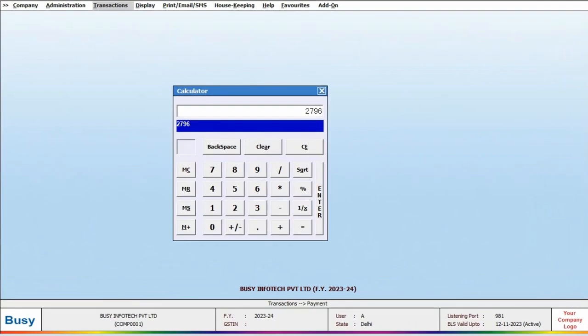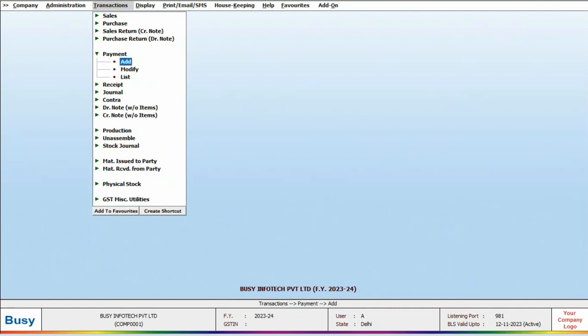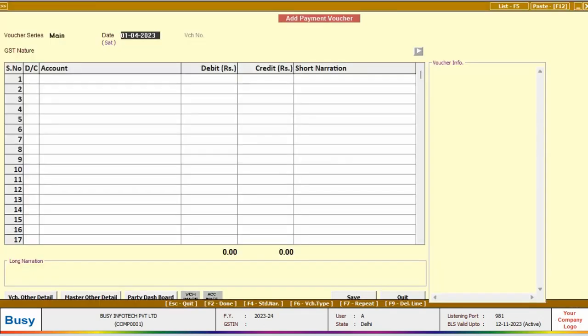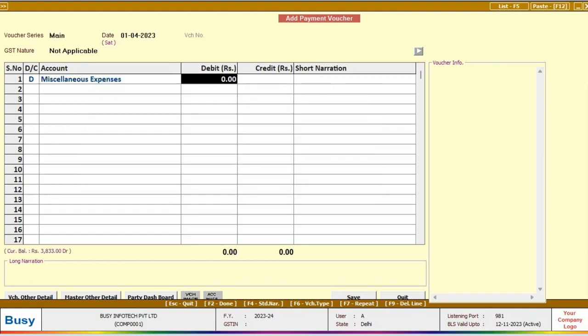But what makes Busy Calculator smart? Let's take an example. Suppose you need to add various payments and have multiple expenses that you want to post in a single account. Normally, for small expenses that don't want separate accounts, you would put all the amounts in the miscellaneous expense account. After debiting the miscellaneous expense account and entering the amount column,